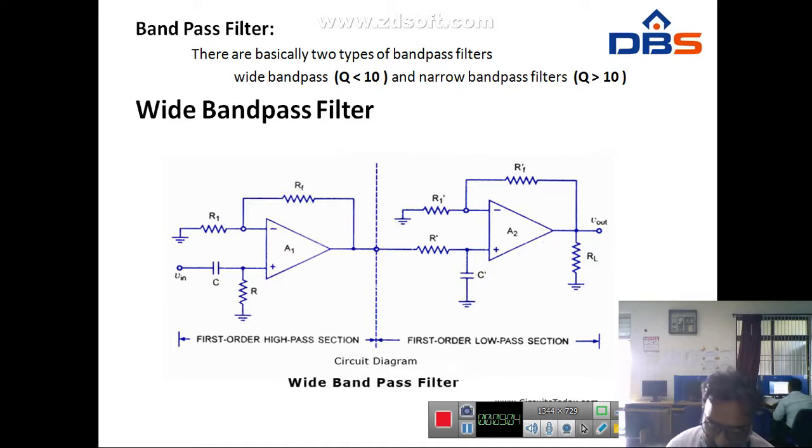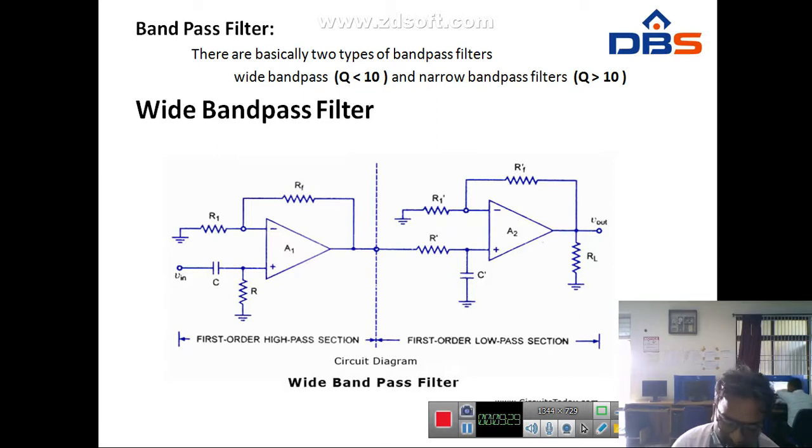Therefore Q is a measure of selectivity: the higher the value of Q, the more selective the filter, or it has a narrow bandwidth. The relationship between Q, the 3 dB bandwidth and the center frequency is given by